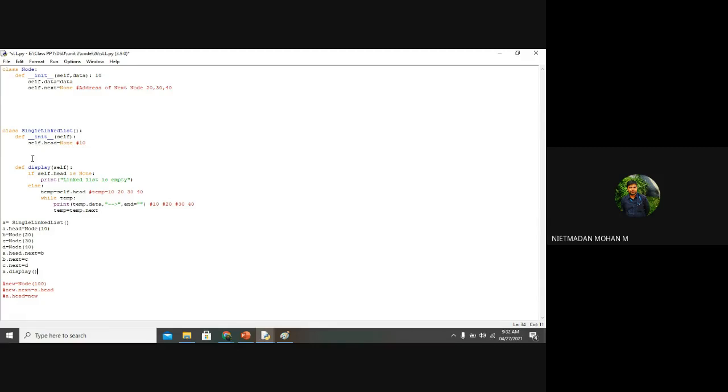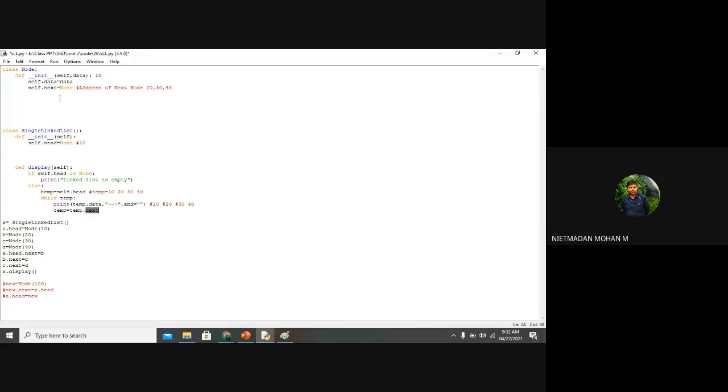So this is the basic creation of a singly linked list with only one pointer. There is only one link available for one node. For this we are creating a class and creating an object for that class, and the value will be stored here. Here we are assigning a head value, and after assigning the head value, we are assigning a temporary variable for that head, and we keep changing it with the keyword called next.